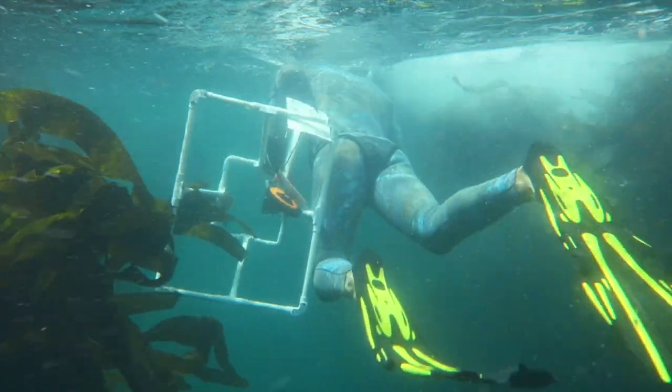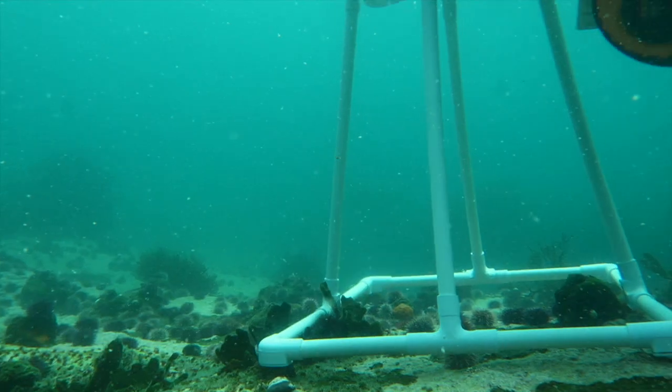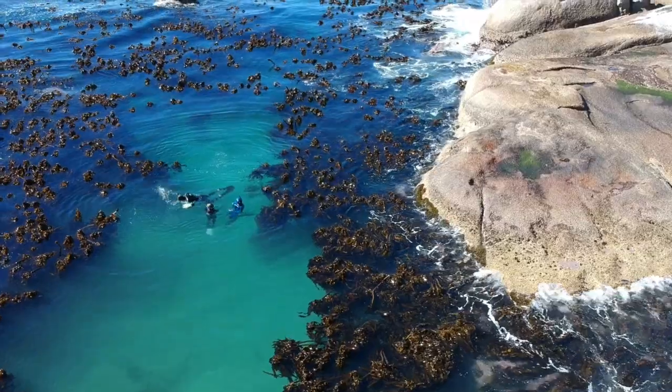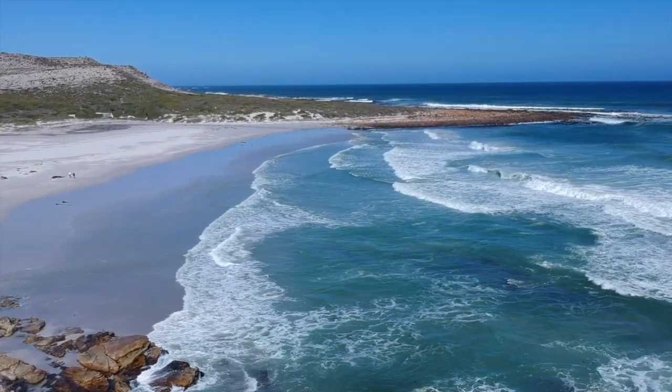Sylvia Earle recently named False Bay as one of her hope spots in her campaign to bring more awareness to these very biodiverse areas. So a lot of our research then is focused on monitoring biodiversity. We are looking at things like species richness, abundance, and we're comparing those across different components of the ecosystem on different sides of the peninsula, amongst different management regimes, whether they are in protected areas, whether in no-take restricted areas,